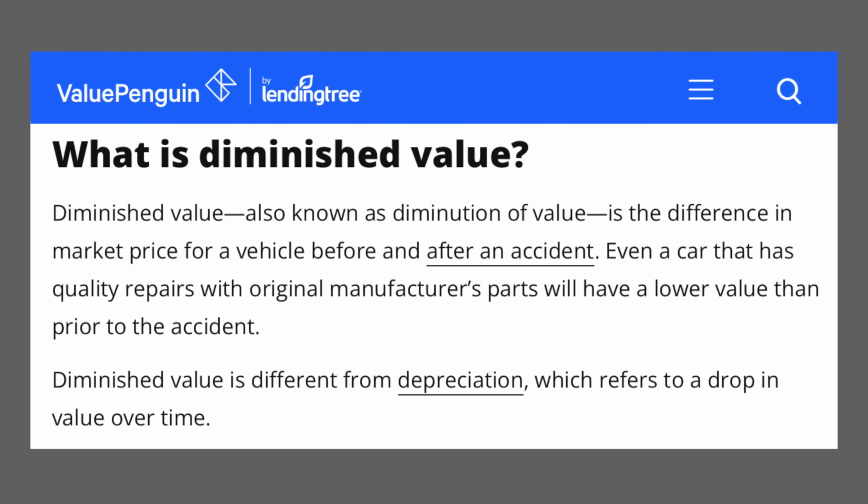Lastly, I'll submit for diminished value. Even though the car will be returned to me in condition that is as good as new, people just don't like cars that have been in accidents. Regardless of how good the repairs are, this car is immediately worth less money. When I go to trade it in, it will receive less, but diminished value has a specific calculation using the